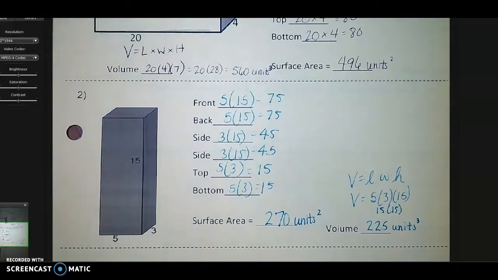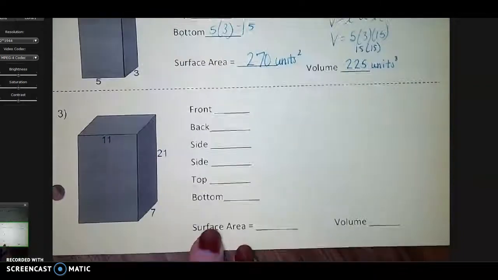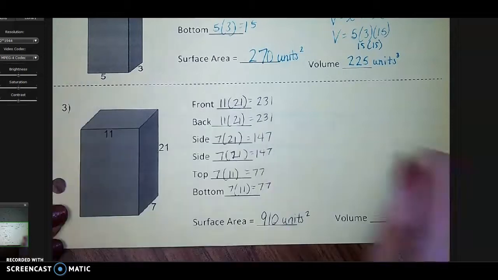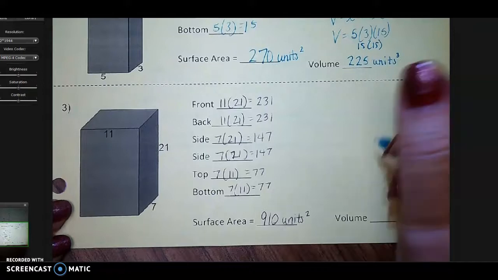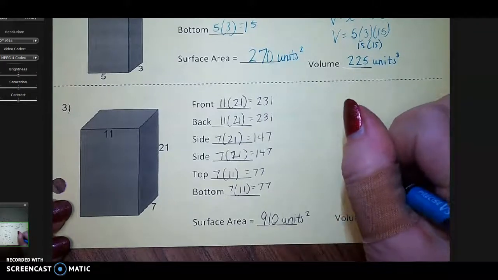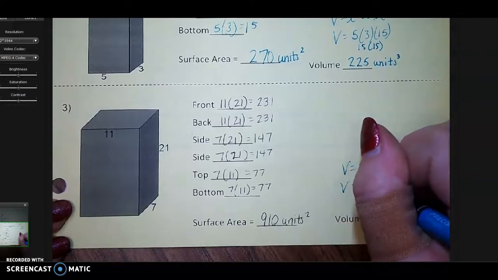This last one, I really want you to pause, try it yourself, and see if you get the right answer. All right, so go ahead and compare your answers there to mine for finding the surface area of that rectangular prism. Our volume here